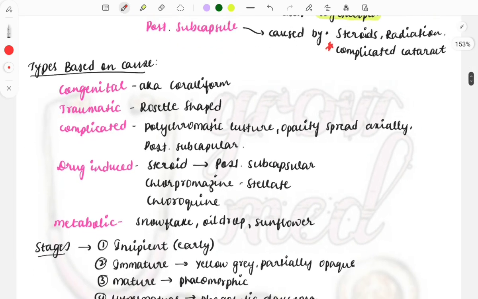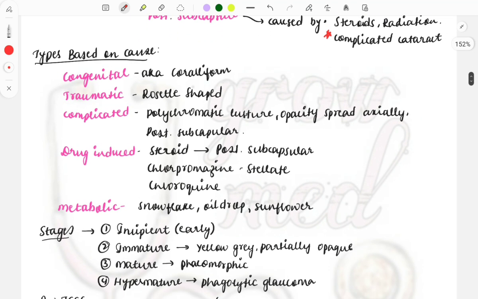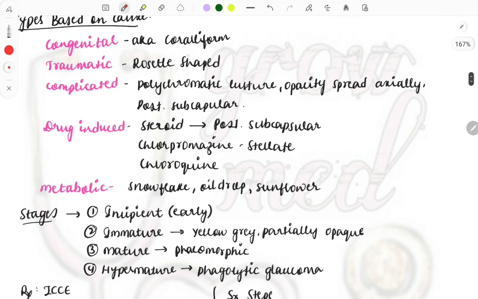And these are the other types based on the cause. Congenital, then traumatic, rosette we have already discussed. Then complicated; these are the features of complicated cataract, and this was a PYQ. All of the following are features of complicated cataract except: polychromatic luster, opacity spread axially, and posterior subcapsular. Now drug induced: steroid induced, then